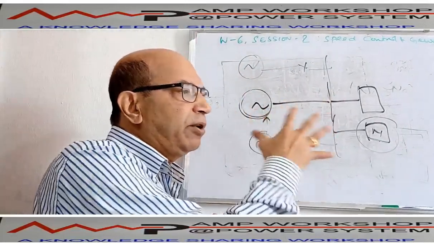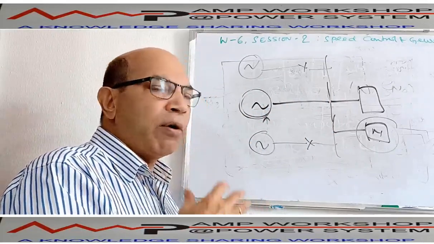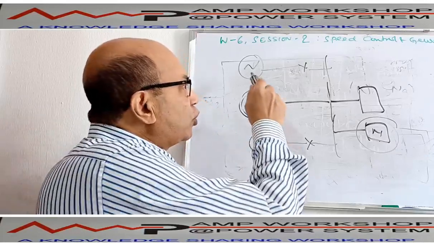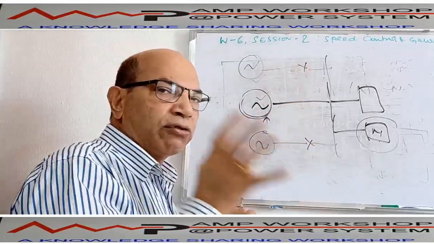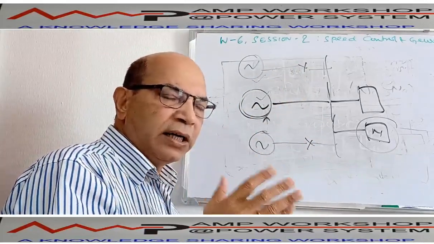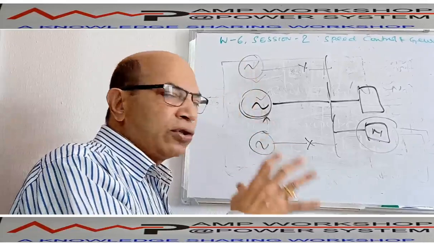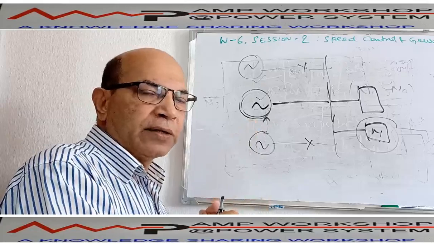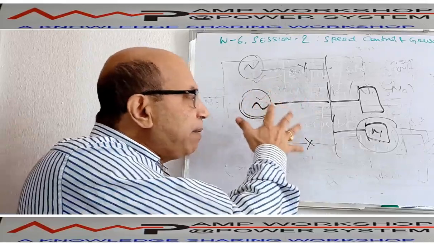So that's why, for multiple machines running in parallel, we do not prefer to run in isochronous mode. Isochronous mode we operate where? When a single machine is running. And number two, it can be possible if all the machines are identical and all the governors are also identical. See, the machines which are running in parallel are all identical, and all the machines' speed controller governors are identical, and those governors have a facility to communicate to each other how much loading they are taking. In that case, with the cross connection provision and with the identicality, it may be possible to run the machine